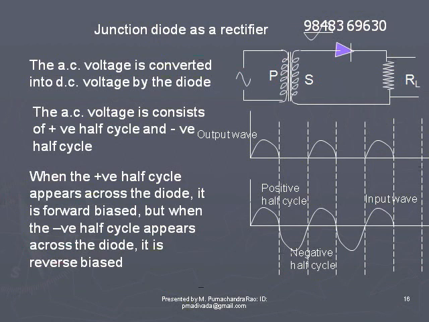The lower curve represents the input voltage, AC voltage, that is the voltage that appears across the diode. You notice positive half cycle, negative half cycle, positive half cycle, etc. This is the input wave. The above graph represents the output wave. In the output wave, we notice only positive half cycles. So whenever the positive half cycle appears across the diode, a positive voltage will appear across the load resistance. So the above one is the voltage across the load resistance.